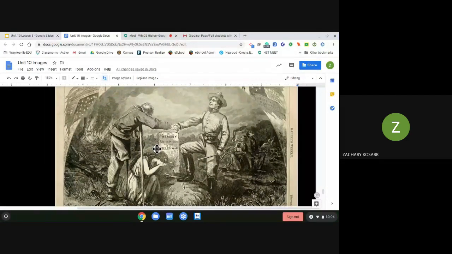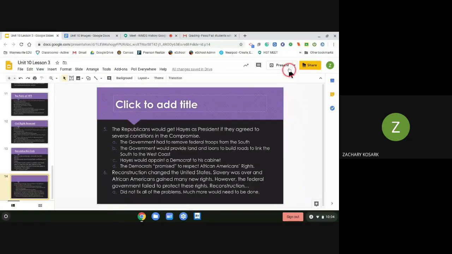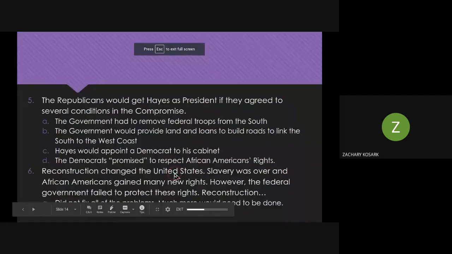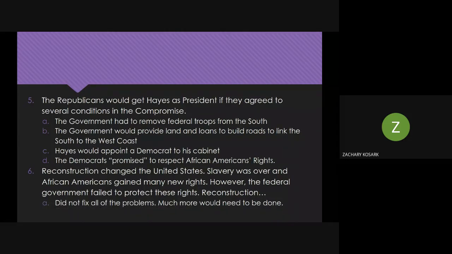It basically has undone all of that, because now you don't have a force in the South to stop Southern states from discriminating against African Americans. Before, you had troops there that could uphold these new laws and uphold these rights. And now they're gone, and it becomes less of an issue. People are tired of dealing with it, so they just kind of let the South do what they're going to do.